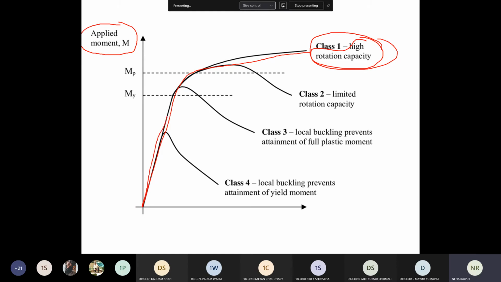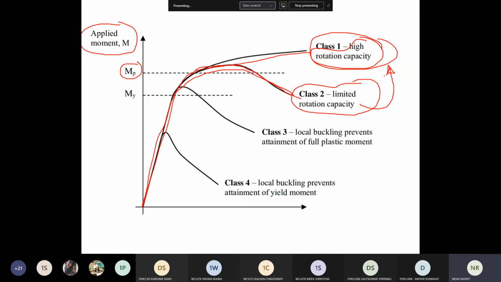Then the second section lower than that is semi-compact. It is forming the plastic moment. See, here it is going above Mp. It is forming the plastic moment, but the rotational capacity is less than class 1.